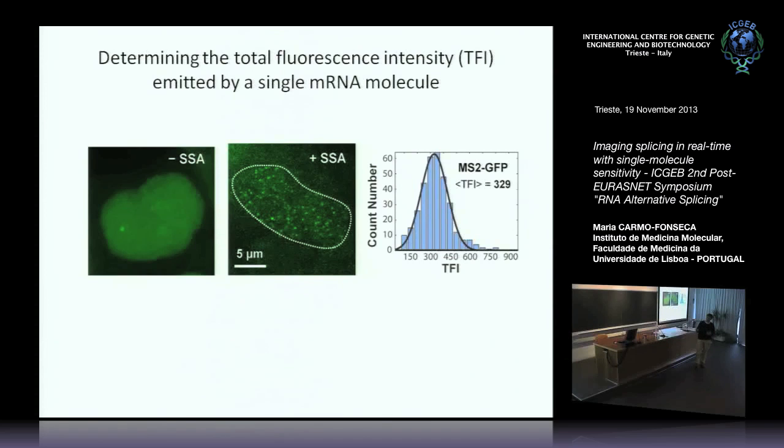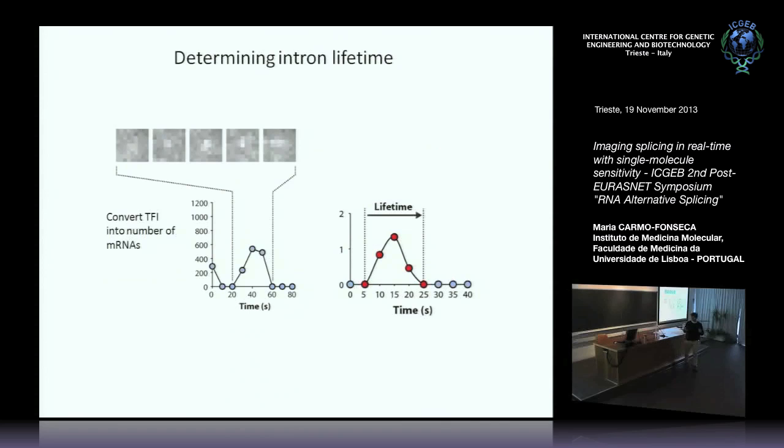And now what we have done was to quantify the fluorescence intensity in each of these little spots that are diffusing and that correspond to a single RNA. Then the next step was to convert the fluorescence intensity